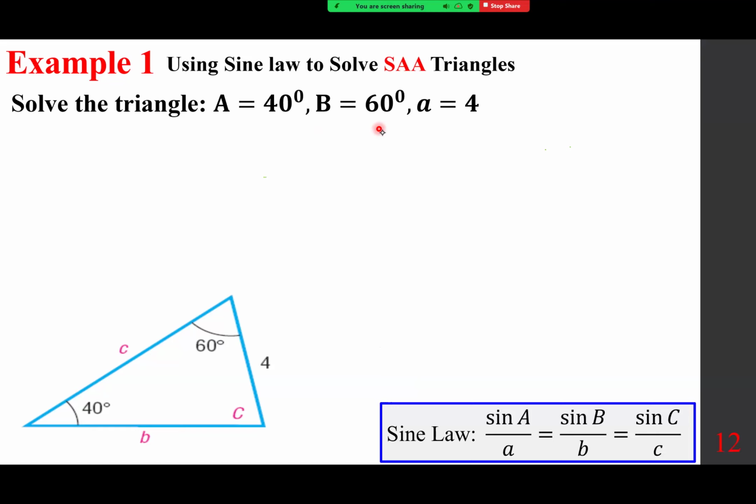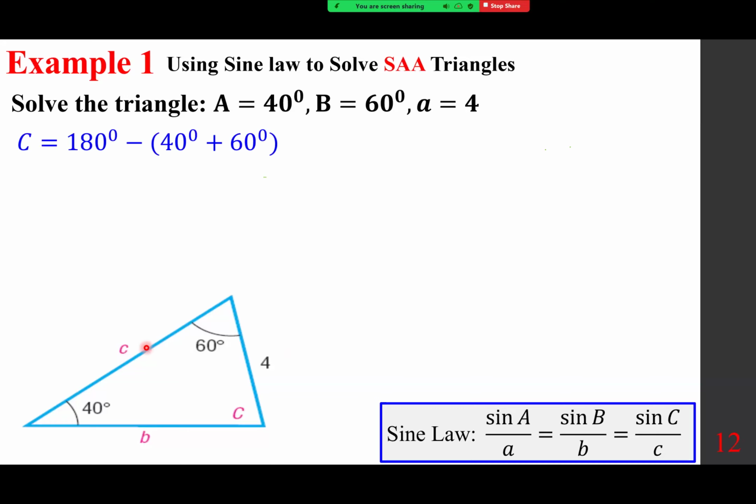okay, the fastest way is to get to the last angle because they add up to 180. So 40 and 60, 100, subtract from 180, you get 80. So this is the smallest angle, and therefore a is opposite that. And then opposite 60 must be larger, and opposite C must be larger. So first and foremost, this angle C,